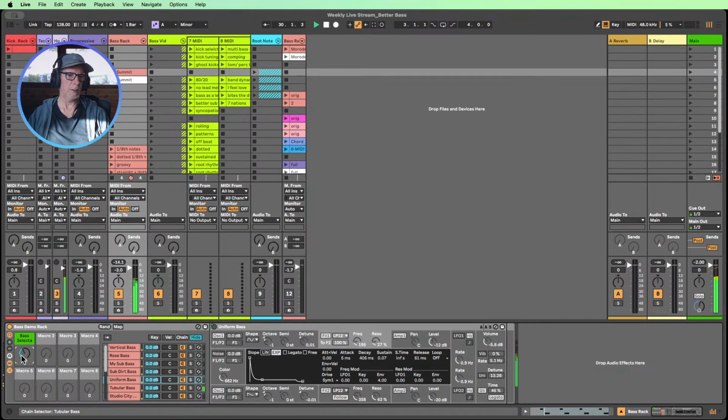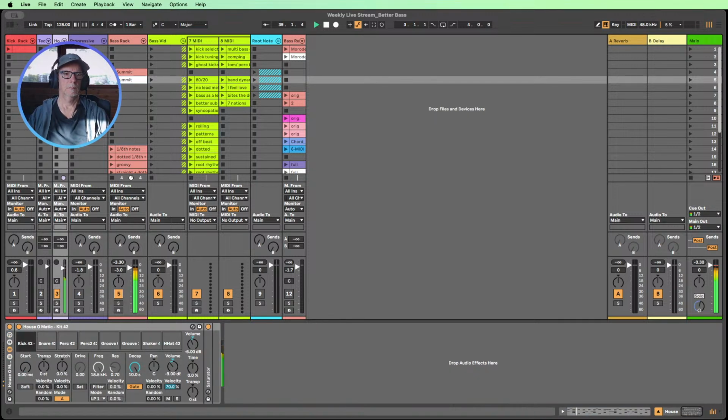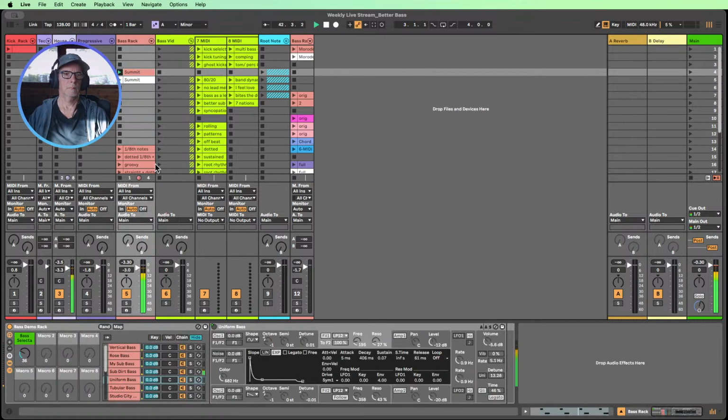Change our synth around a bit. That's a good one. Good synth for that. Compare them. Quite different. More bouncy, more vibey.